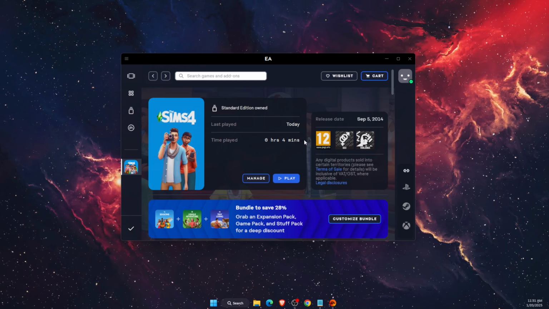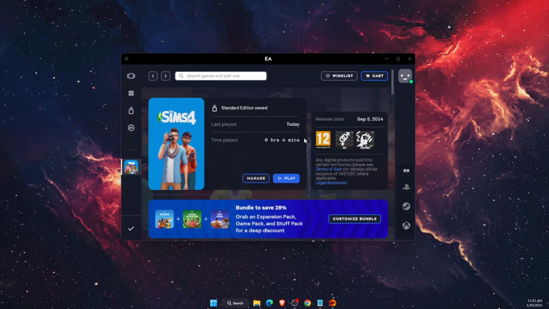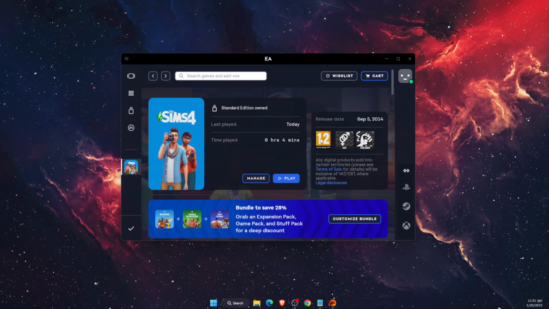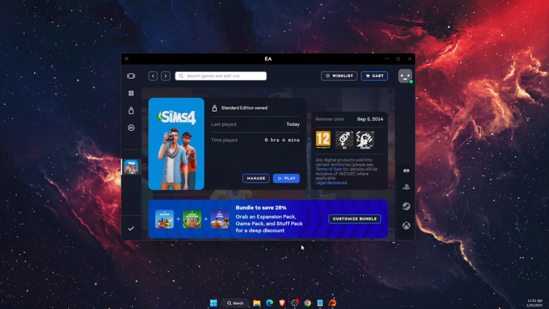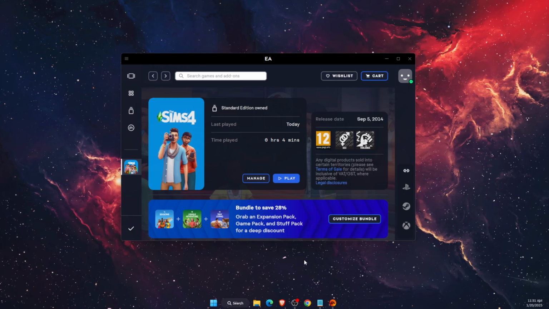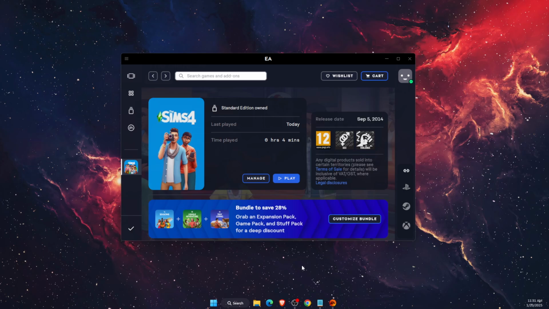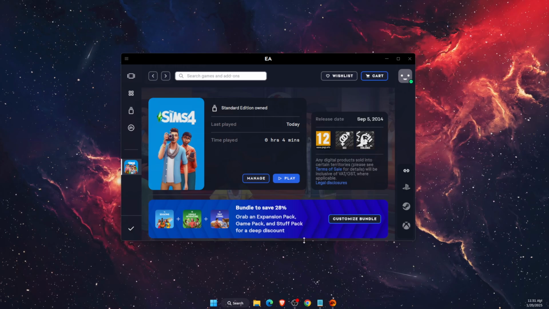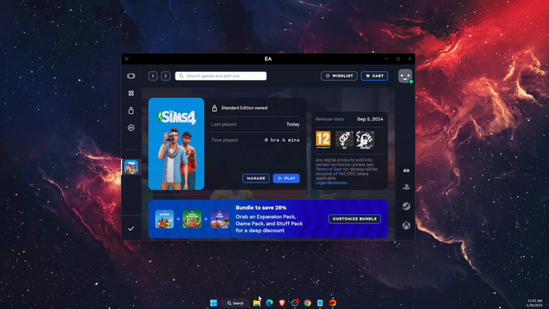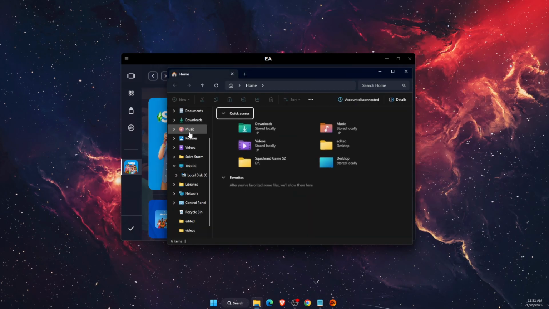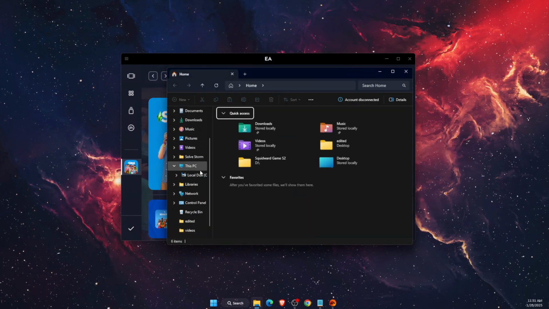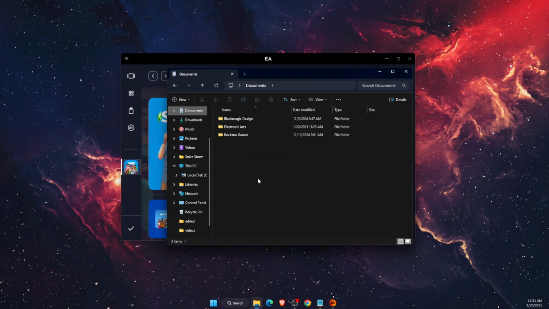So before any of these steps, you want to look at your documents and write down your mods so we can look them up, see if they are updated, and we can install them again if they are not updated. So you want to open up your documents folder just like so,